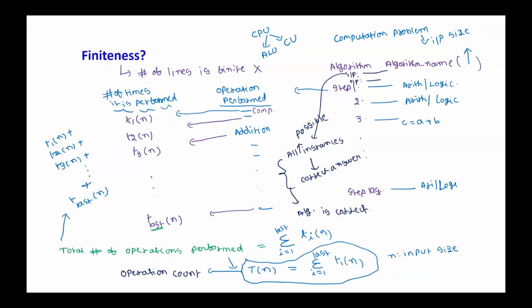Next question is, okay, we have an algorithm, something like this. Because we are going to run this on some computing device, no? On some computing device. Simply, if I write an algorithm on a sheet of paper, what is the use? It's not used. So this algorithm should be converted to